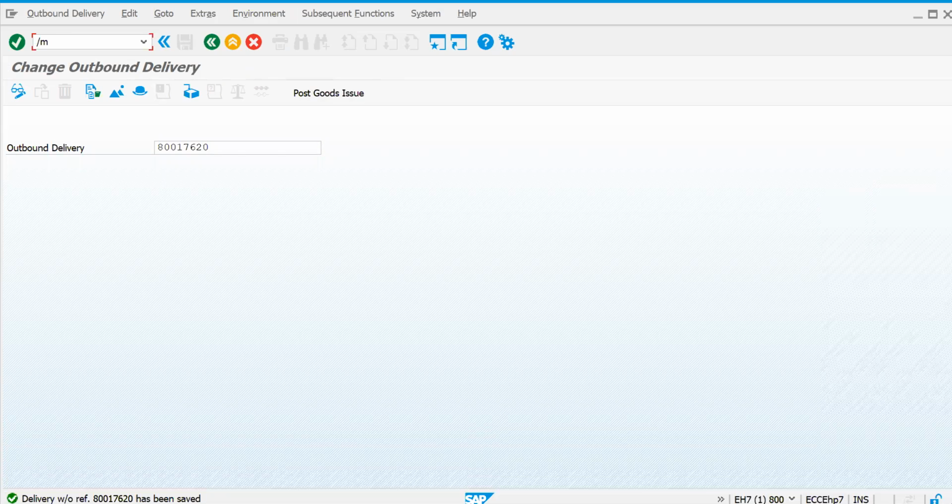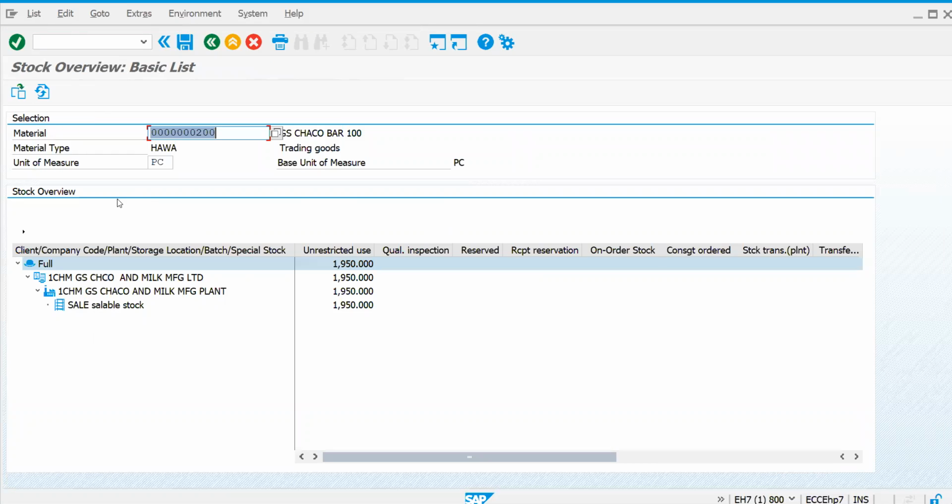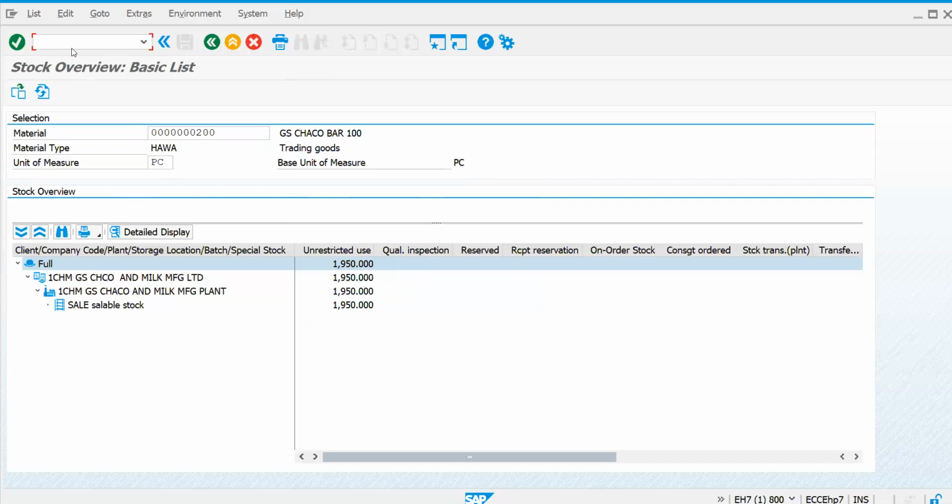Now let's check how much stock is consumed for this particular delivery. Now 2000 minus 50, so 1950 is there. Your 5 boxes is equal to 5 into 10, 50 pieces. So in pieces it got reduced. This is how your stock will be maintained against the material, plant and storage location, and you can consume it using your outbound stock.